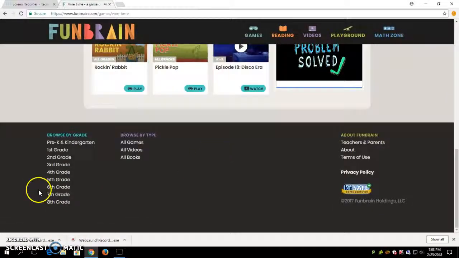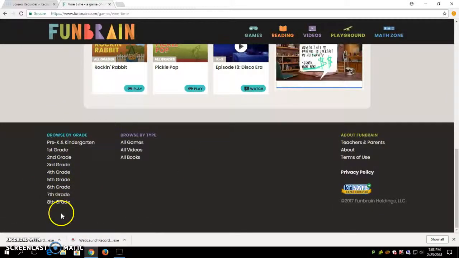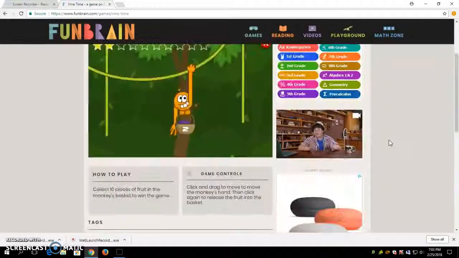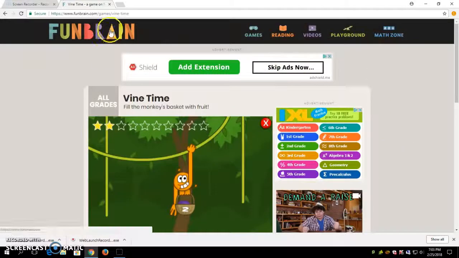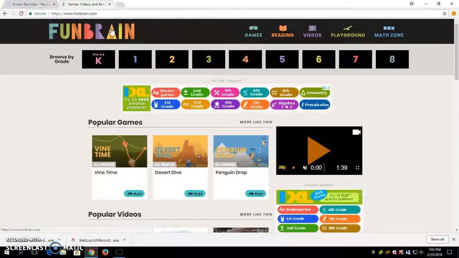Okay, just below that you can also browse by grade type down here, or browse by type, and then over here to the right, it's just all about Funbrain, and it's mostly for teachers and parents and guardians to see. So if I went back to Funbrain,